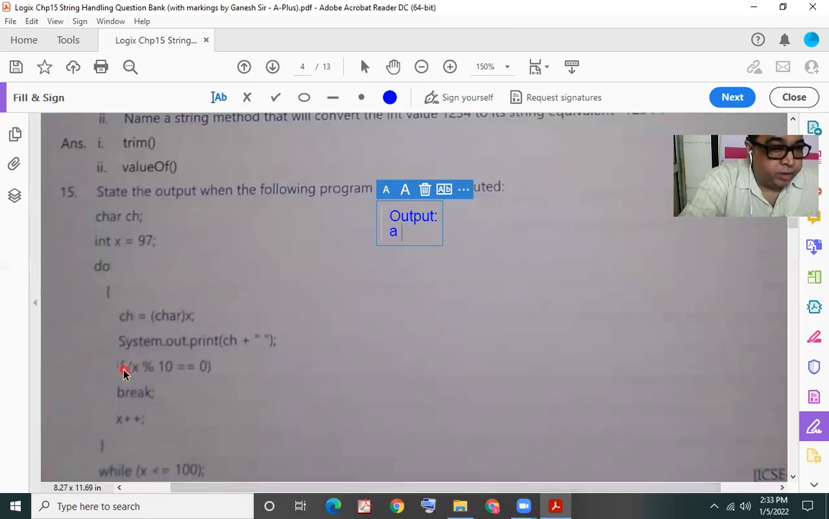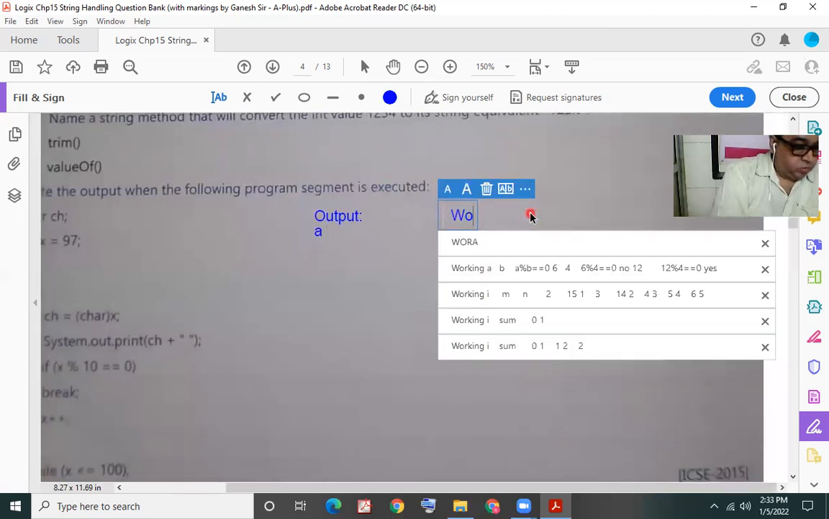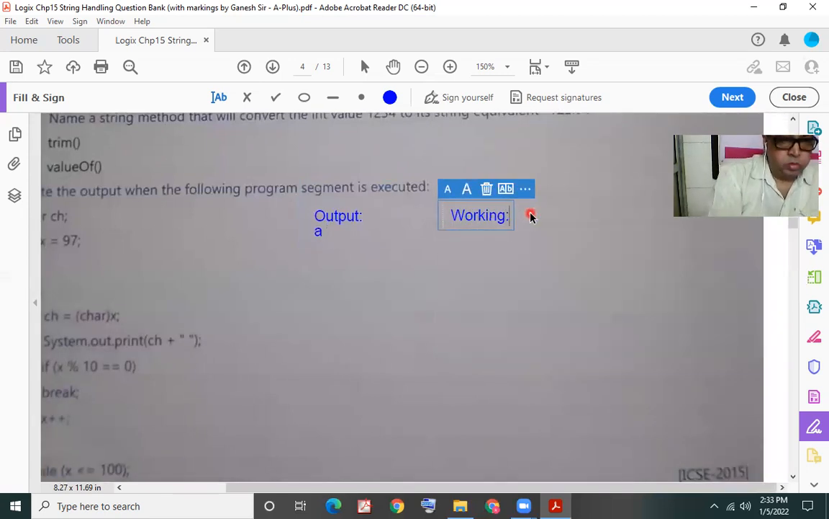Then we have an if statement after the print. Remember, this is not println, it is print. So we'll be printing the further output on the same line. If x percentage 10 equal to 0, I'll write down the contents of a variable x, which was 97, and the contents of the variable ch, which